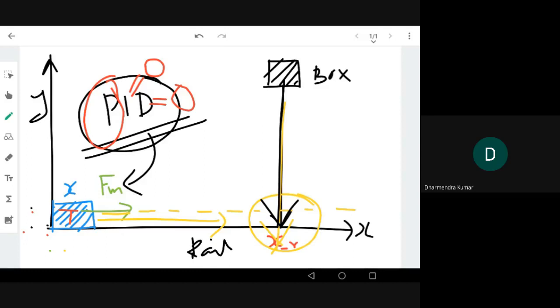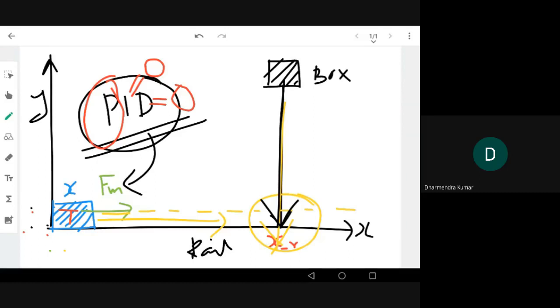So maybe I don't need to give you a simulator, because as you get the code, you can just run it in Python, and you can see in the simulation that based on your values of the P, I and D constants, your success rate is going to be different.